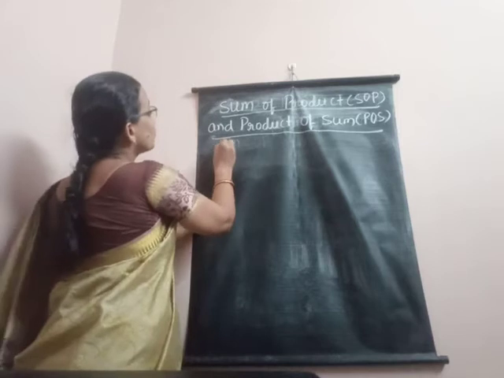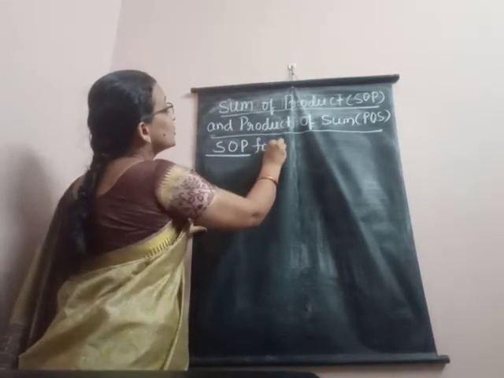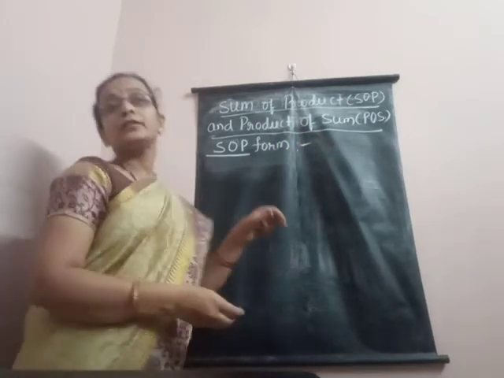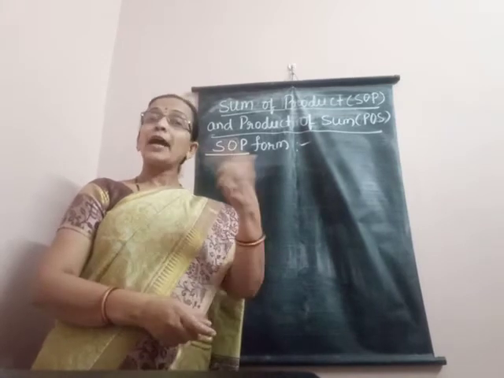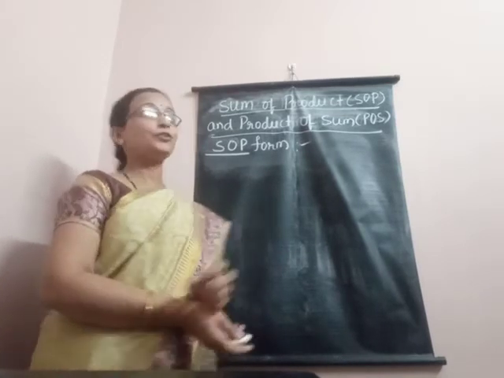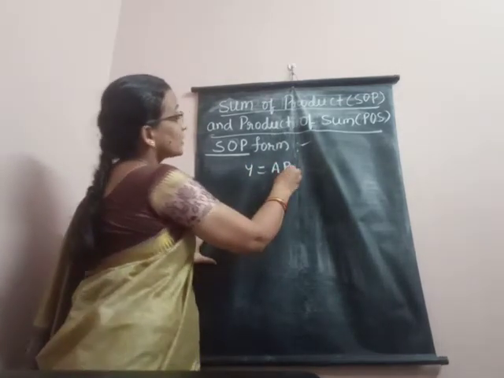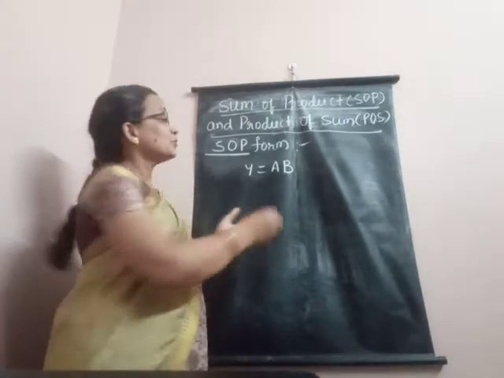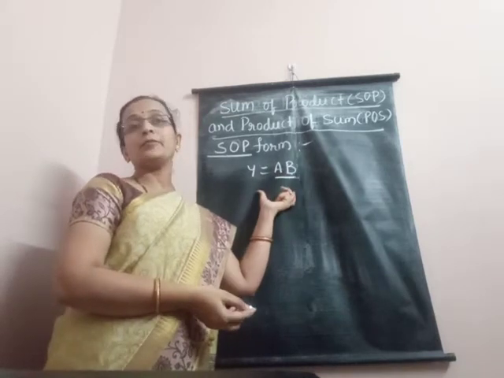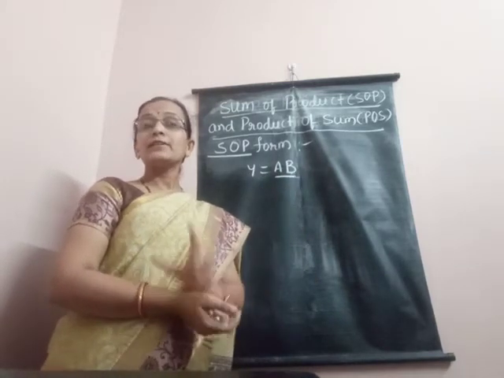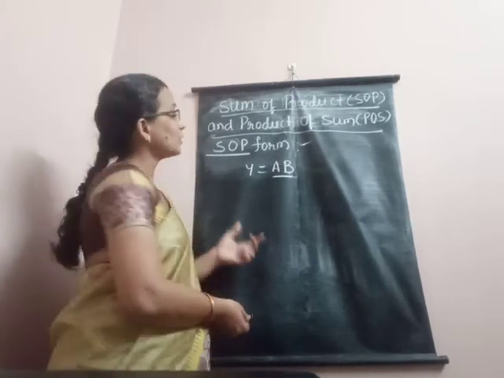First, we will see what we mean by sum of product form, that is, SOP form of expression. What type of expressions are known as sum of product type expressions? First, the logical AND term is referred to as a product term. This we know because we write y is equal to a dot b as the Boolean expression for the AND operation. So this a dot b is the AND term. It is known as a product term also. The logical sum of two or more logical product terms is known as a sum of product expression.